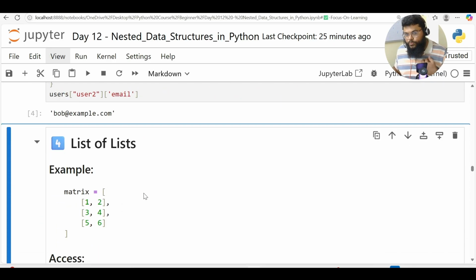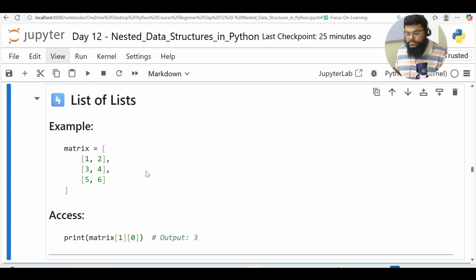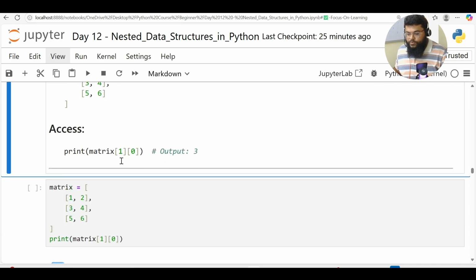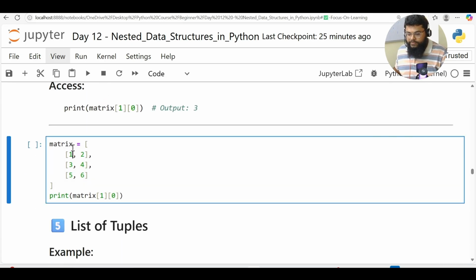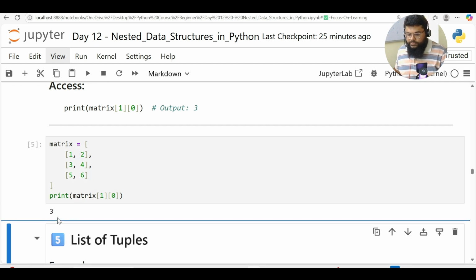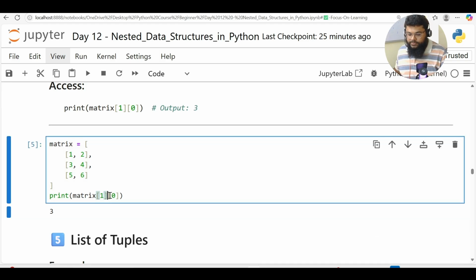Then another example we have is lists of lists, a list inside a list. This is an example of matrices. Let's say you have a matrix 1 2 3 4 5 6, and I want to access matrix at index 1 comma 0. What will it be? 3. Okay, so this is my 1, this is my 0, this is my 1. This is my 0 index,